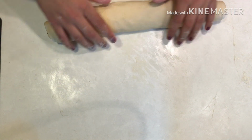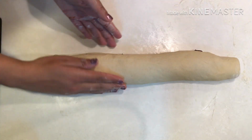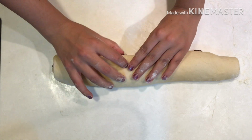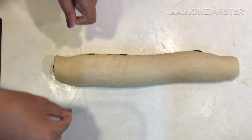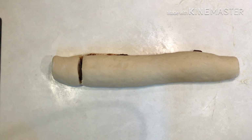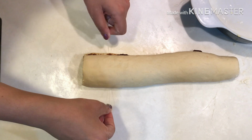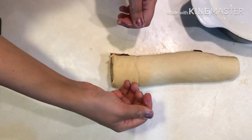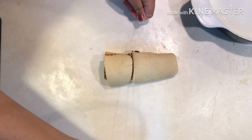So roll, roll, roll, and it's very delicate, so be gentle with the dough, with the roll. And then I'm going to use a thread. I saw this hack on Facebook somewhere, so I'm going to use this thread and cut it. Try to cut it as evenly as possible, about 8 centimeter thick, and then place it in our baking pan. See how perfectly it comes out. So do that with all the log,